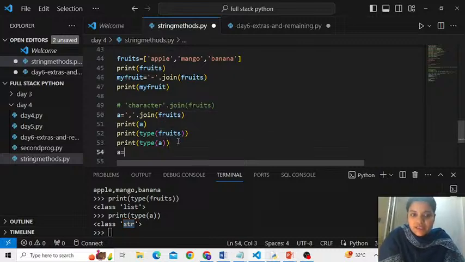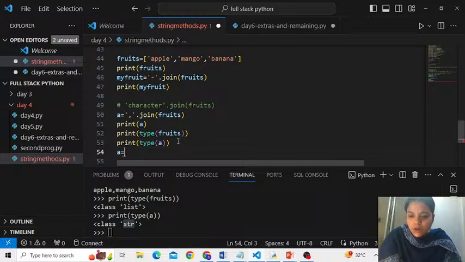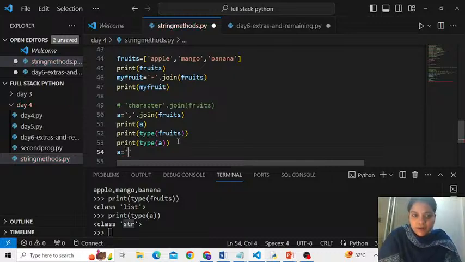Right. So if I say A is equal to, I want to join all of them with hashtag. This is a character, I repeat, a hashtag, that I want to join all the elements of my list with. Make use of the join function because it joins the particular iterable with the character and returns it in the form of a string.